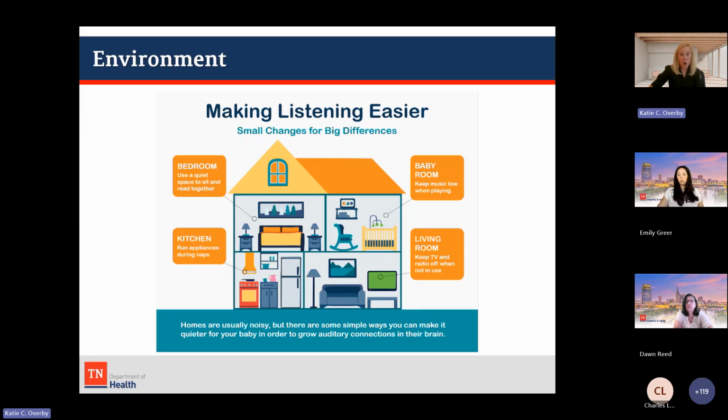And as you're going into the homes or as the children are coming to your centers for therapy, it's so important to think about the listening environment and what we would perceive as a quiet listening environment. Their amplification may be picking up on more. So, oftentimes, parents will come in, or maybe they'll have their computer and they'll be clacking on their computer trying to work while the kid's in therapy. That would be interfering. Making sure that TVs are off and radios are turned off. Are their appliances running?